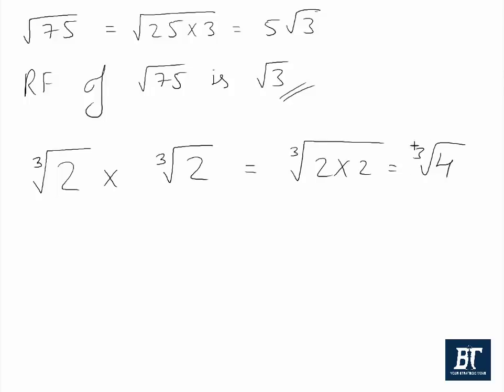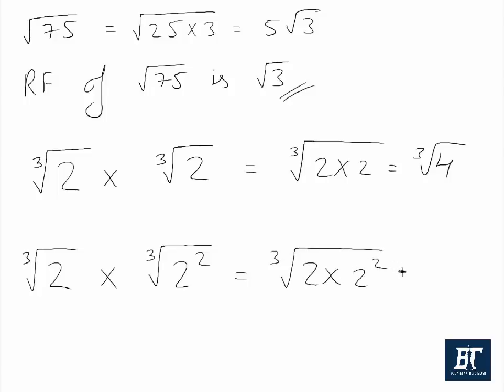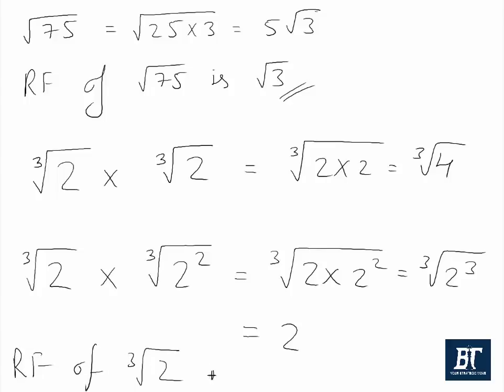So you realize this is still a surd. So this is not the rationalizing factor. So let's try again. So cube root of 2. So what should we multiply this with? So you will realize cube root of 2 square will give you cube root of 2 multiplied by 2 square. So this is cube root of 2 cube. So you'll finally get 2. So this means rationalizing factor of cube root 2 is cube root 2 square